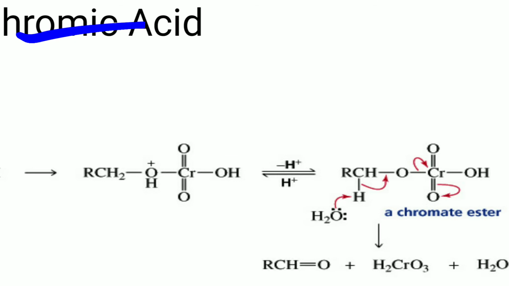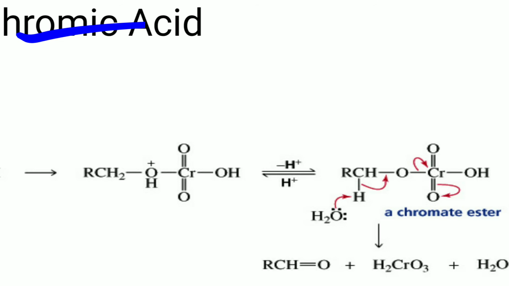Okay, at the same time, the single bond is transferred to form a double bond with the oxygen, as you can see in the red arrow. At the same time, the electrons between this oxygen and chromium are abstracted by the chromium, and for stabilization the oxygen abstracts the lone pair of electrons and becomes O minus. Then this O minus abstracts a proton, and there is a formation of the compound H2CrO3, and here we get our product, that is, the aldehyde.